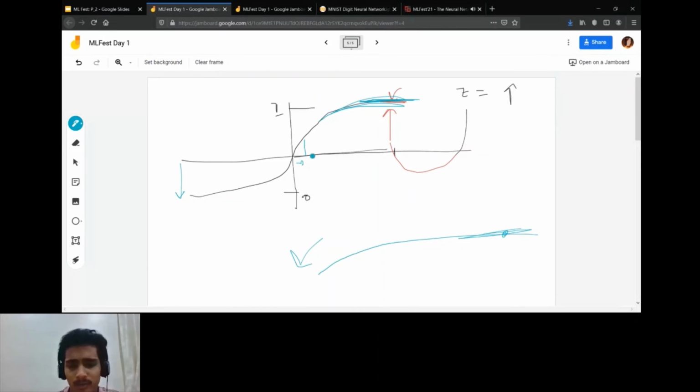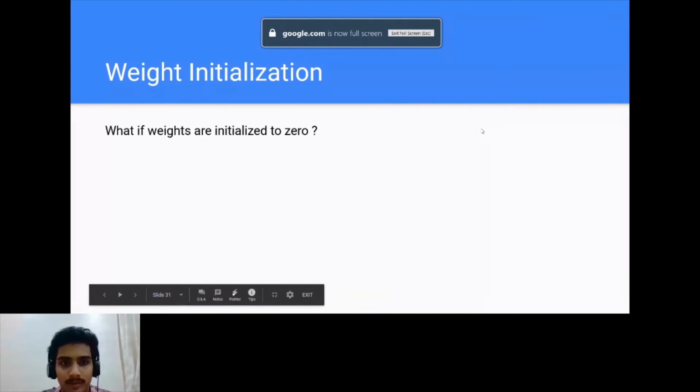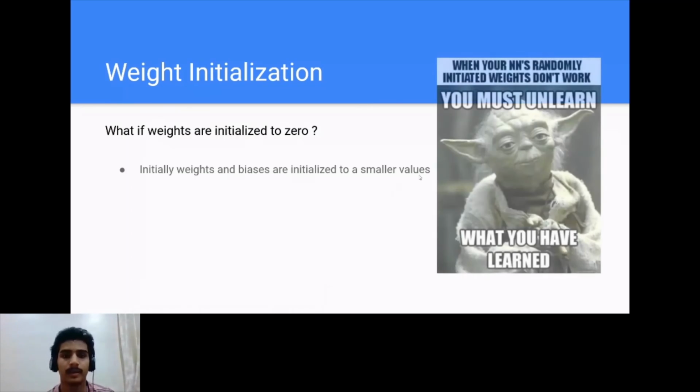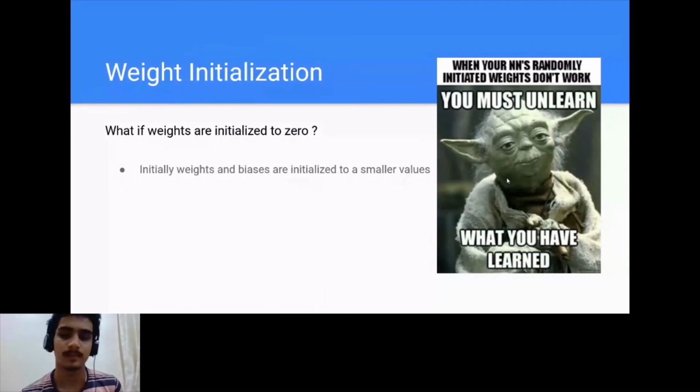So what we generally try is that we initialize weights to some values that are near 0, 1, 2, 3, so 0, 1, kind of in this range, so that when our model back propagates, it learns quickly and updates those weights faster, and so we get an output faster. So that's why we initialize the weights to some smaller random values. Okay, we saw why weights and biases are initialized to smaller values.